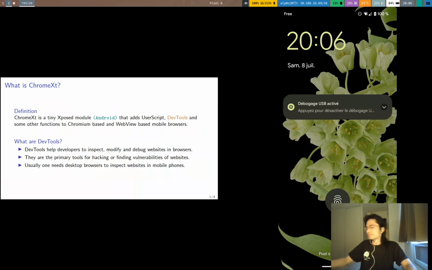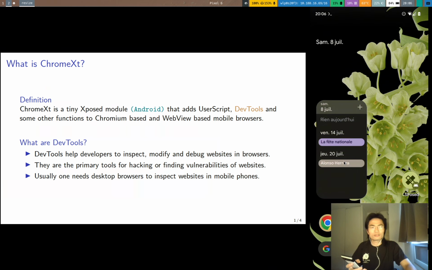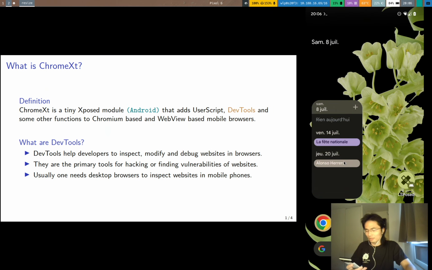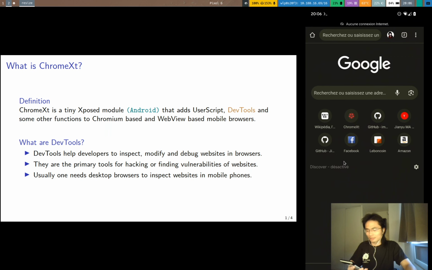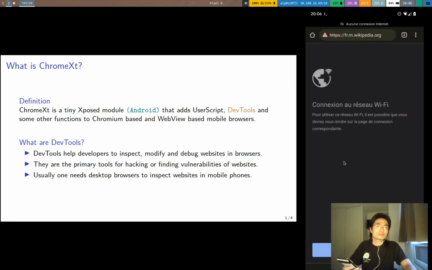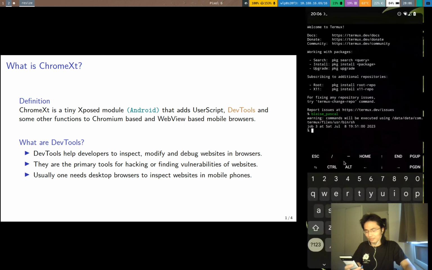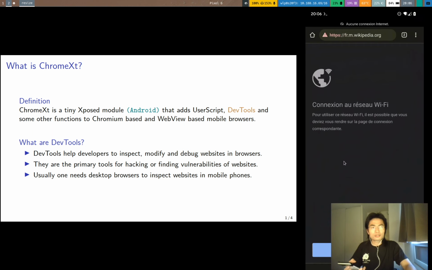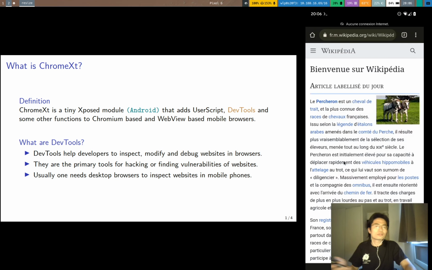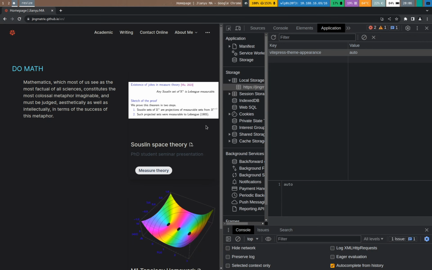So I open my phone and open the browser. Let's open a web page. Okay, I have no internet. No internet should be connected. Okay, let's go back to the Chrome browser.